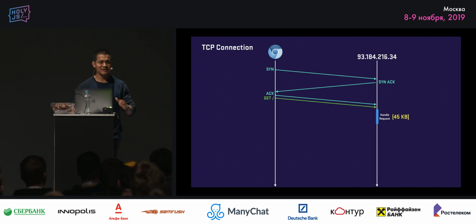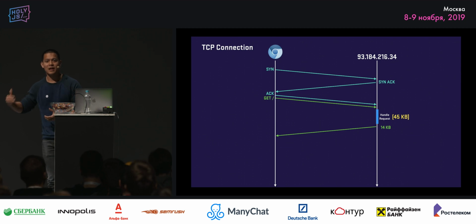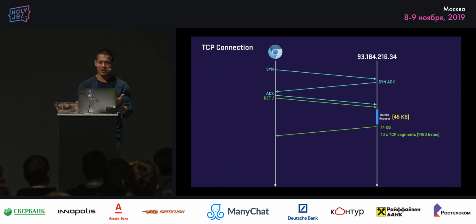The server is not going to send back the entire 45 kilobytes at once. It's only going to send back 14 kilobytes. Why? Because TCP, the protocol, is built this way. See, TCP does not know how big a bandwidth there is between the server and the client. So to figure that out, it starts off small by sending a small amount of data. Why 14? Because each TCP segment has a payload size of 460 bytes, and TCP starts off by sending 10